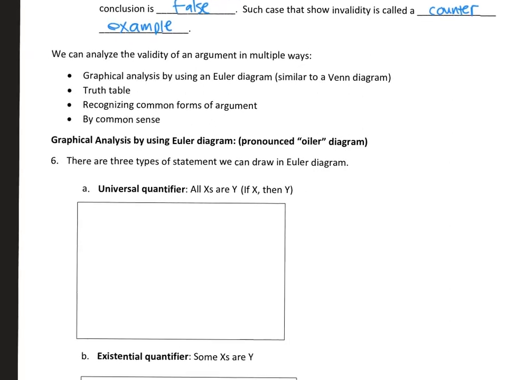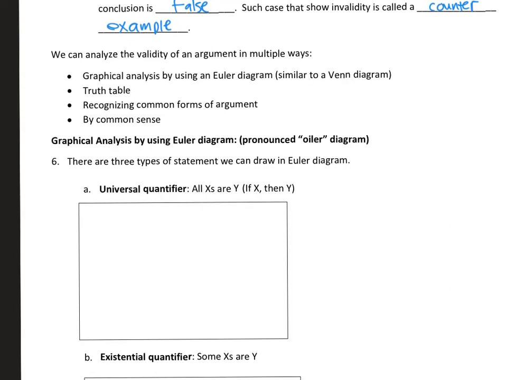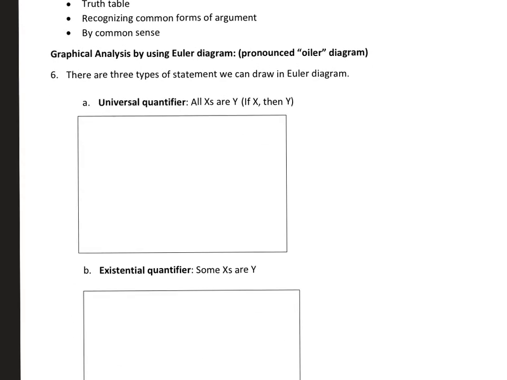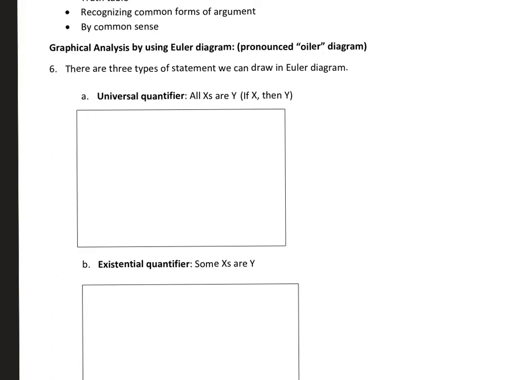So we're going to have four different ways to analyze the validity of an argument. We're going to look at it graphically by using what's called an Euler diagram. It's basically the same thing as a Venn diagram. We're going to look at the truth table. You're going to recognize the common forms of argument, which is in the next worksheet, and then we're going to use common sense, which is also in the next worksheet. All right, let's look at graphically analyzing the argument by using an Euler